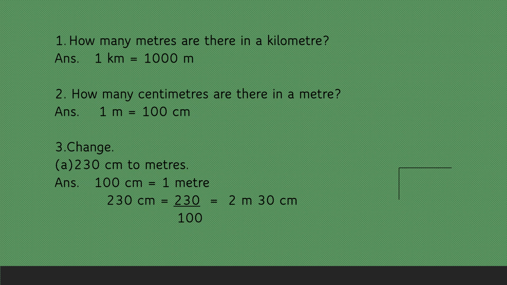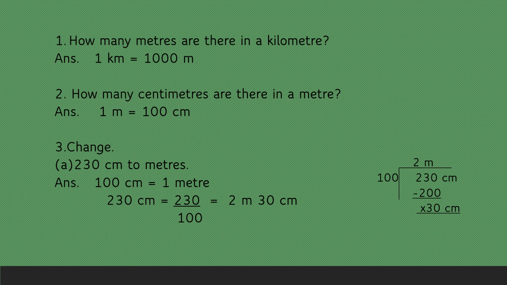The number of zeros are 2 here in the denominator. So on the numerator also you will count 2 digits from the right hand side. That will be your smaller unit, 30 centimeter, and the number before it will be in meters, bigger unit. Always you have to write bigger unit earlier than smaller unit. So your answer is 2 meter 30 centimeter. By long division method also you can see here,